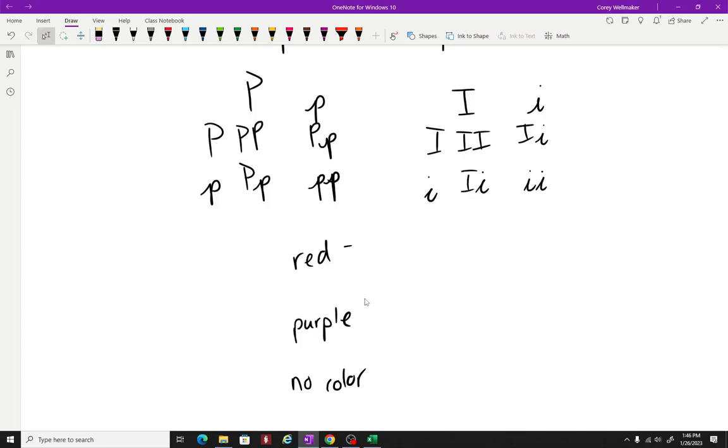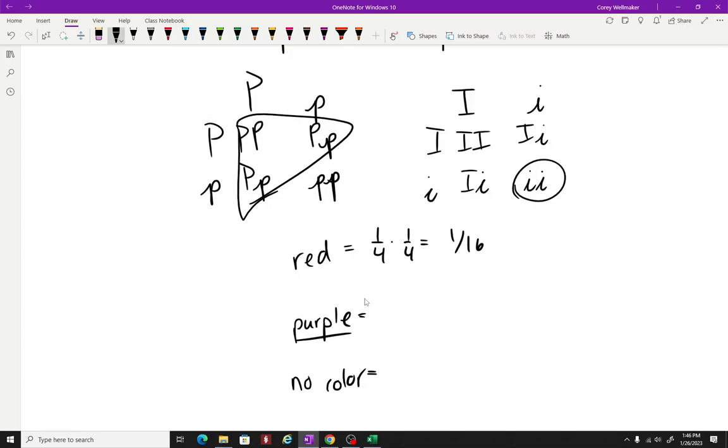So what is required for you to be red? You need little p, and you need to be little i, all right? So 1/4 times 1/4 is 1/16. Purple, you need to be this, which is a 3/4 chance, and you need to be little i, which is a 1/4 chance. So that's 3/16. Well, all probabilities have to add up to equal 1. So this is 4 out of 16, these two. So I automatically know that this is a 12/16 probability. Right? But if I wanted to do it just by solving the Punnett square,